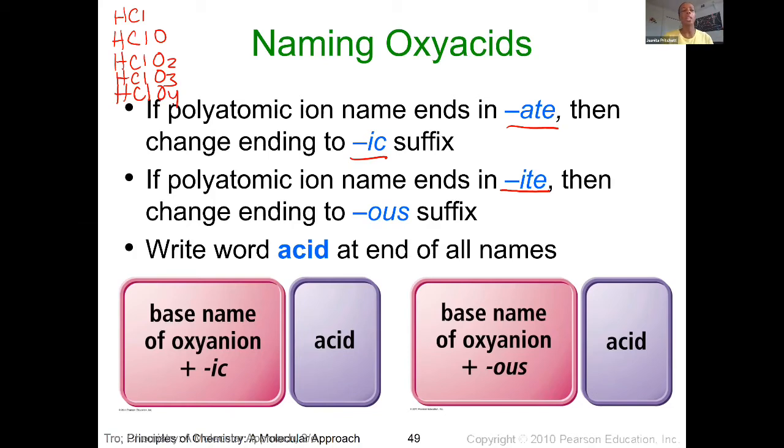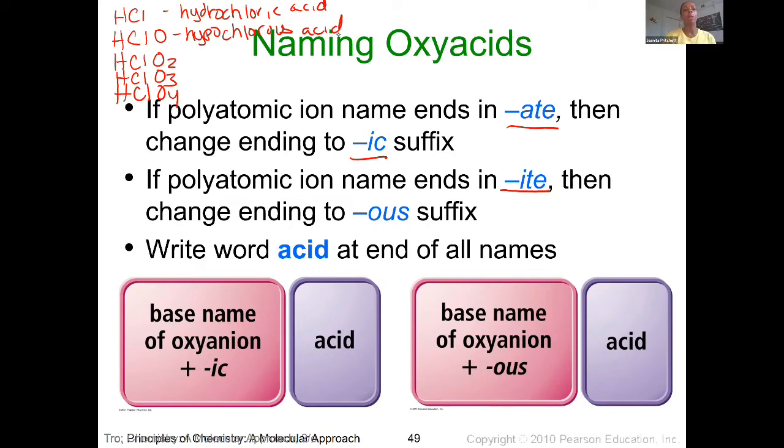So HCl would end up being hydrochloric acid. Again, we're using that prefix because it's a binary acid. This here is hypochlorite. So the us ending would become hypo, which is different than hydro. That's part of the name,